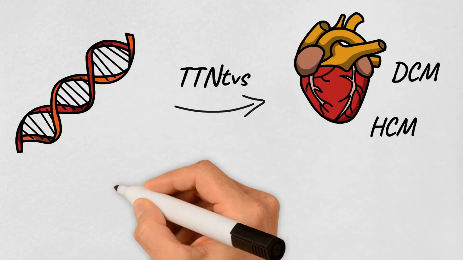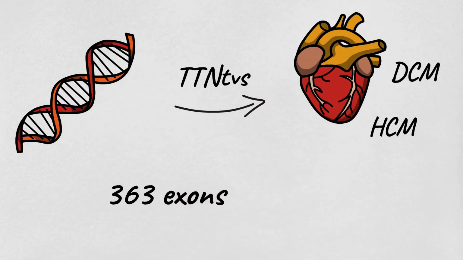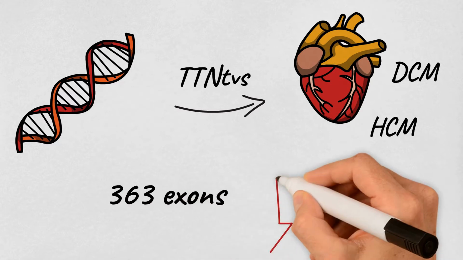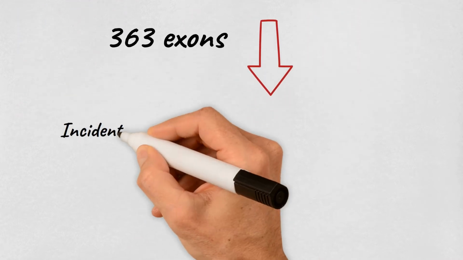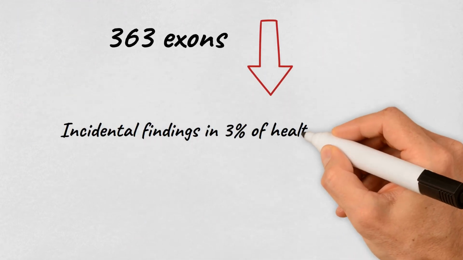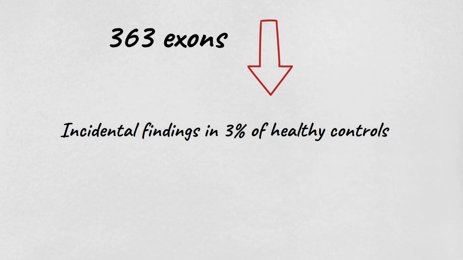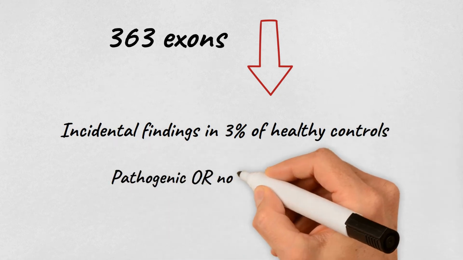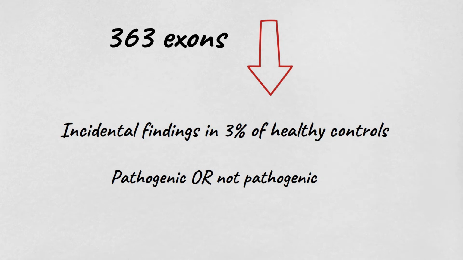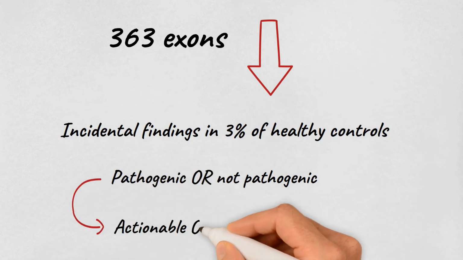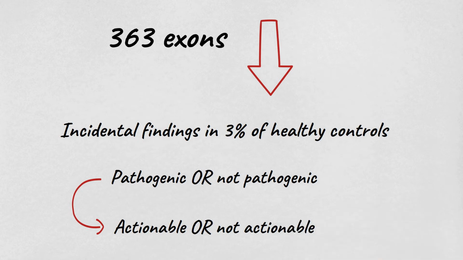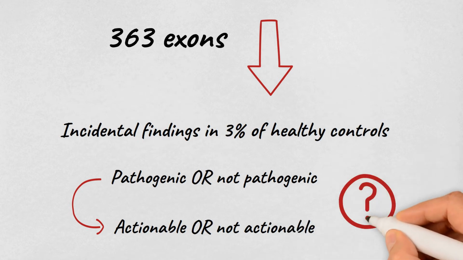Given the size of the Titin gene, namely 363 exons coding for over 38,000 amino acids, it is more susceptible than an average-sized gene to yield variants, especially when using exome sequencing. There is a high burden of truncating Titin variants reported in the apparently healthy general population, with up to 3% of healthy controls. The expanded use of clinical exome sequencing is identifying incidental truncating variants, and discerning clinical relevance is